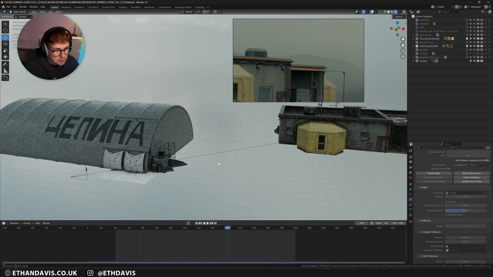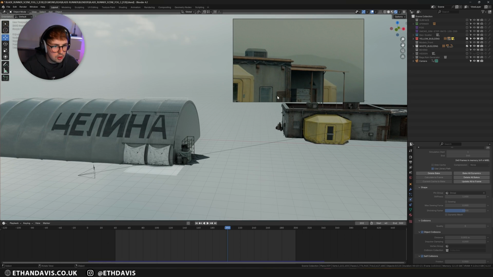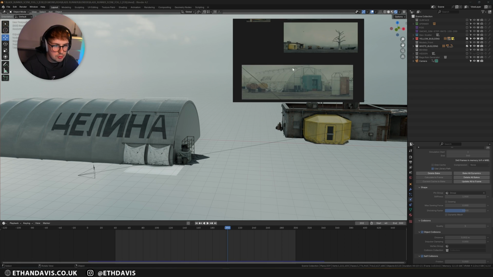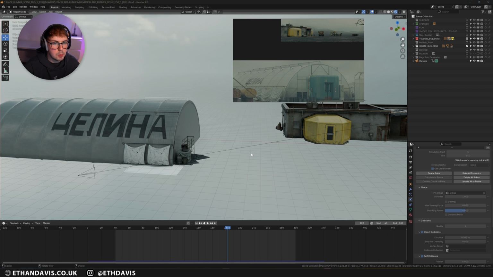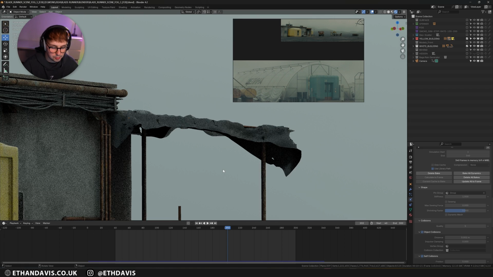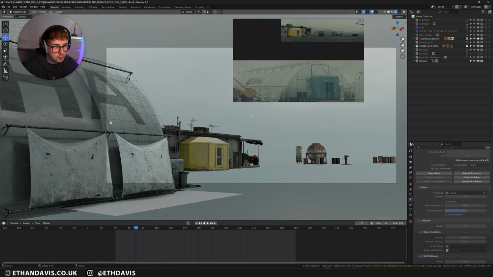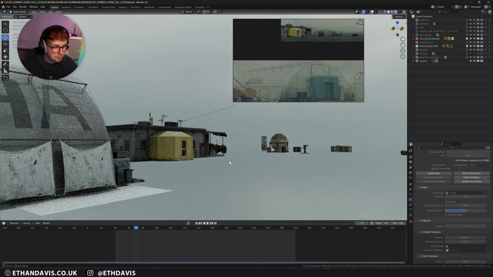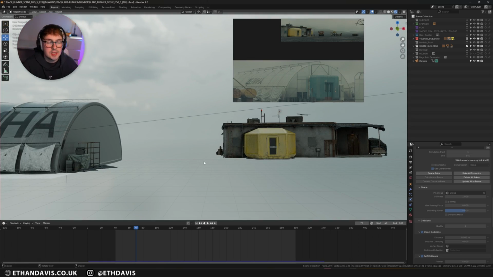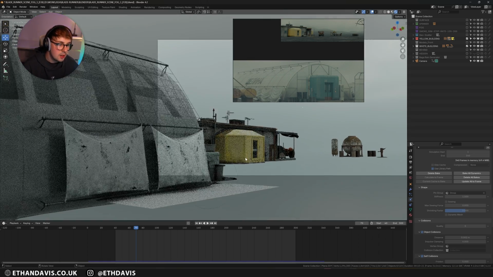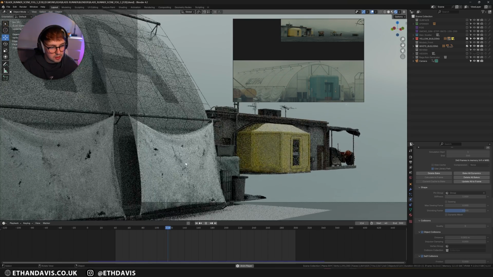So anyway, here is my other model, and this is supposed to be this. Now, obviously, I know that I'm not going to be seeing any of this. So what's the point in modeling something and texturing something to such a high degree if I'm only doing one shot of it? So obviously you can tell it looks fine from here, but if you went around here, it doesn't look too great.